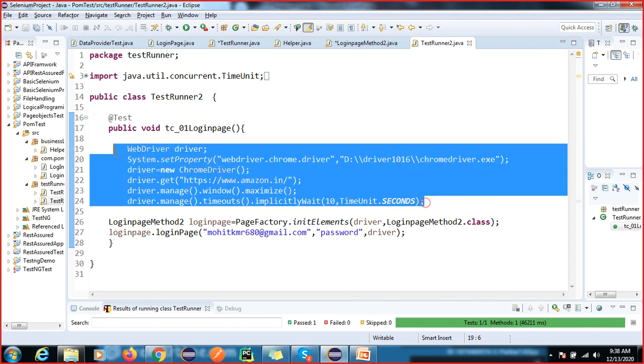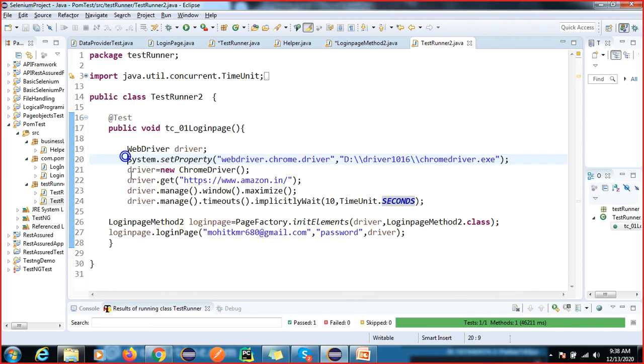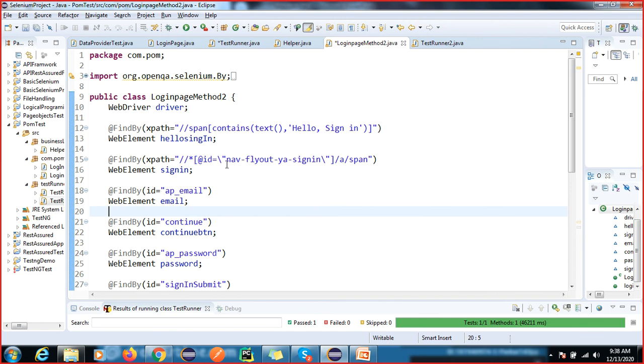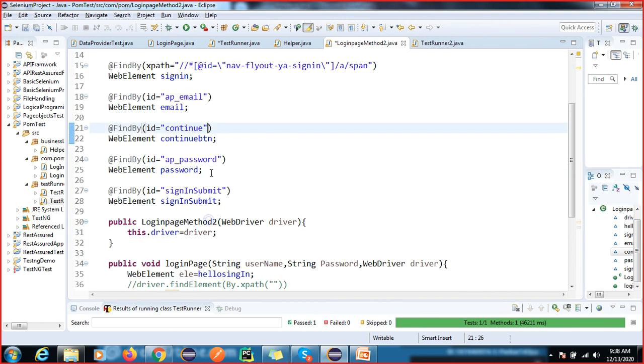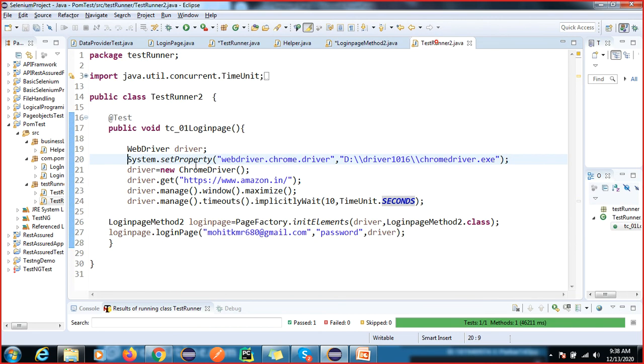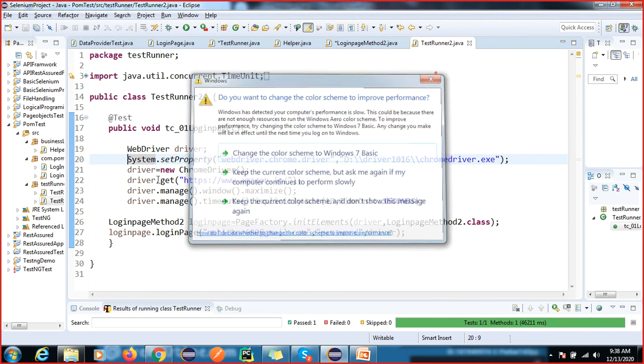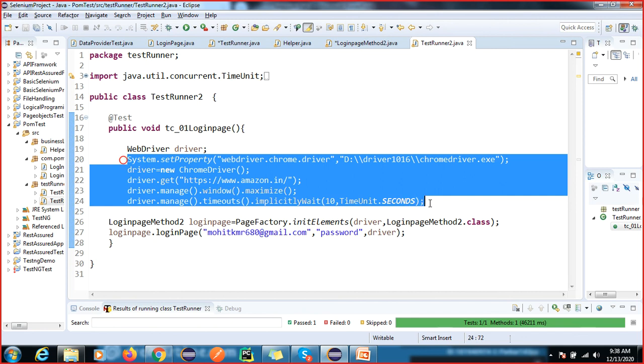Different classes are there for launching the browser and all. But for your understanding, we have explained it with the helper class here. If you want, you can use it here also, no problem at all. I recommend you use the helper class here. We will make separate classes, separate functionality for launching the browser, so I will tell you in the framework.